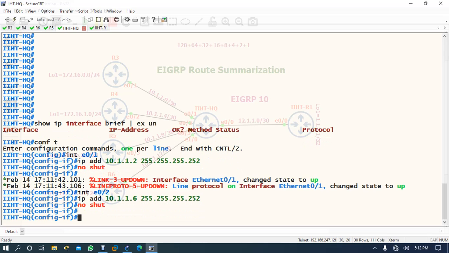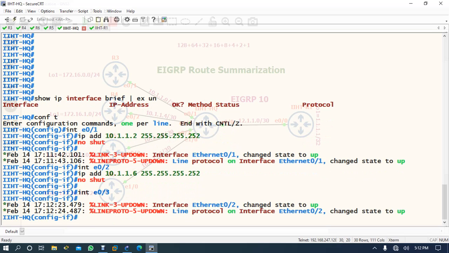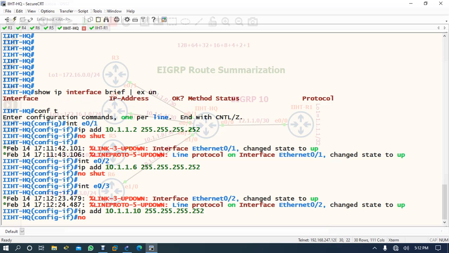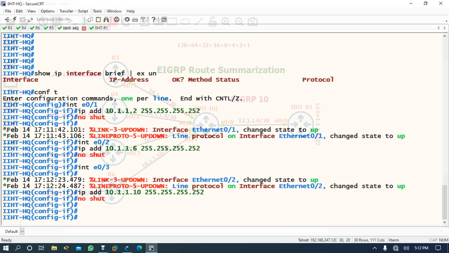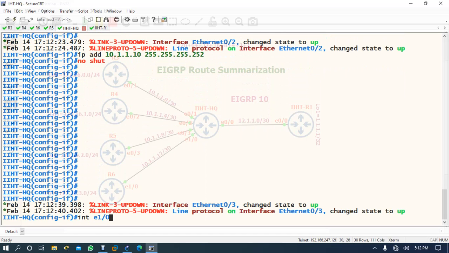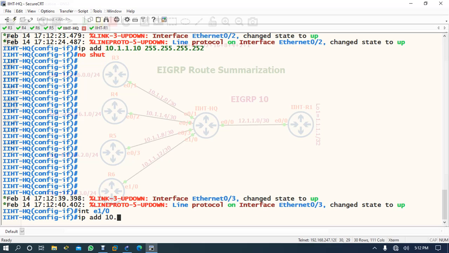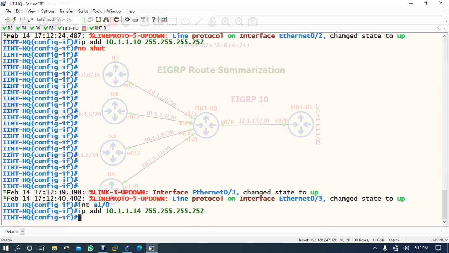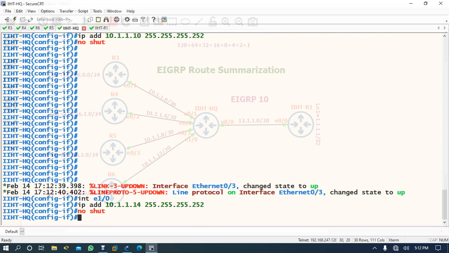255.255.255.252, no shut. Then interface E0/3, IP address 10.1.1.10, no shut. And then last is interface E1/0, IP address 14, no shut.